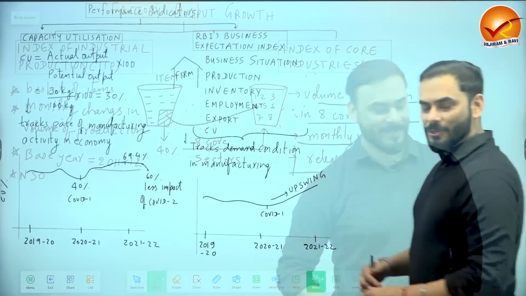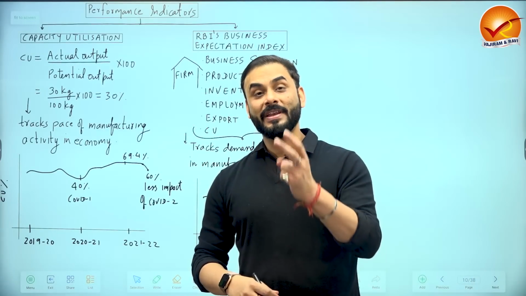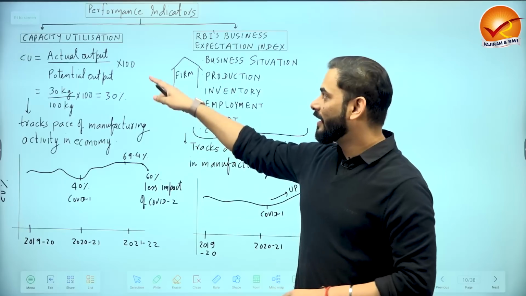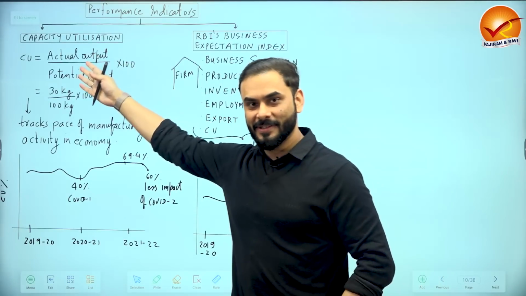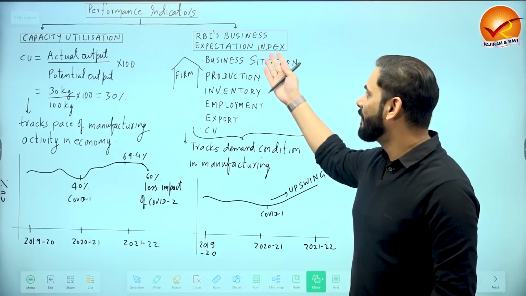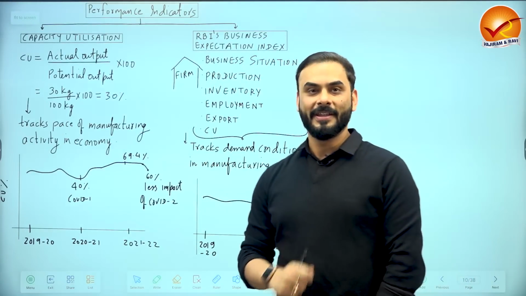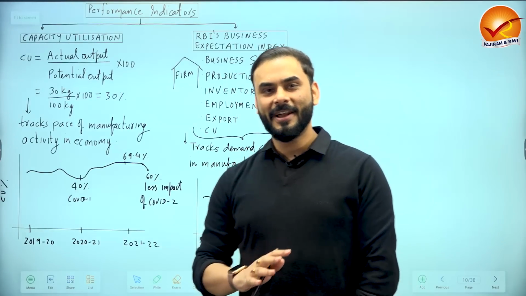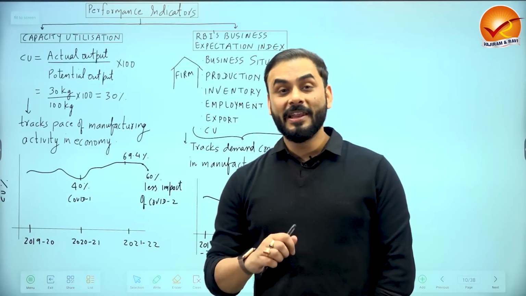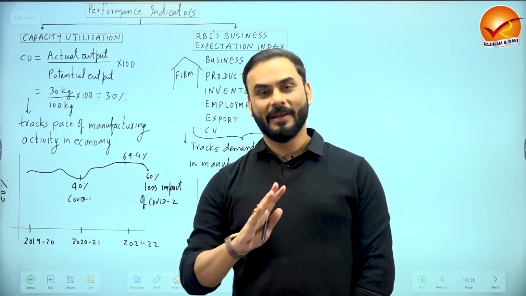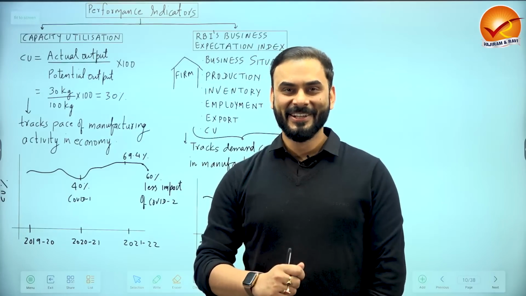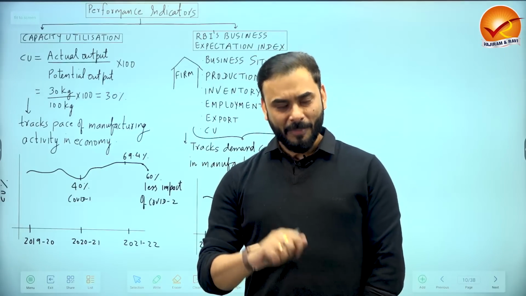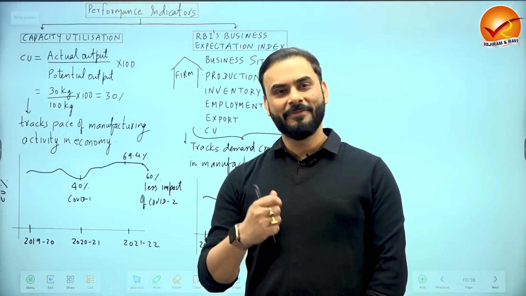All right. So guys, now let us look at 2 very unique ways to measure the performance of industries. One is called the capacity utilization, this side, and one is called RBI's business expectation index. Let me explain what these 2 things are. So now imagine that normally you can lift a weight of 100 kilogram. Like you are very strong, isn't it? So you can lift a weight of 100 kilogram under normal situation. But suppose today you lifted only 50 kilogram.